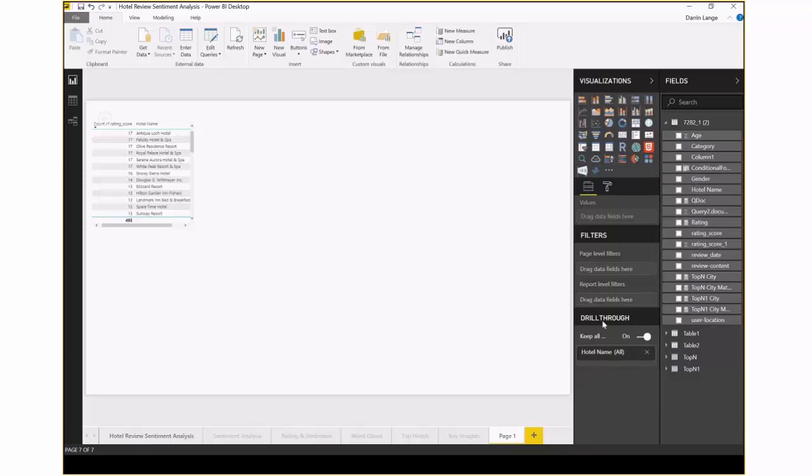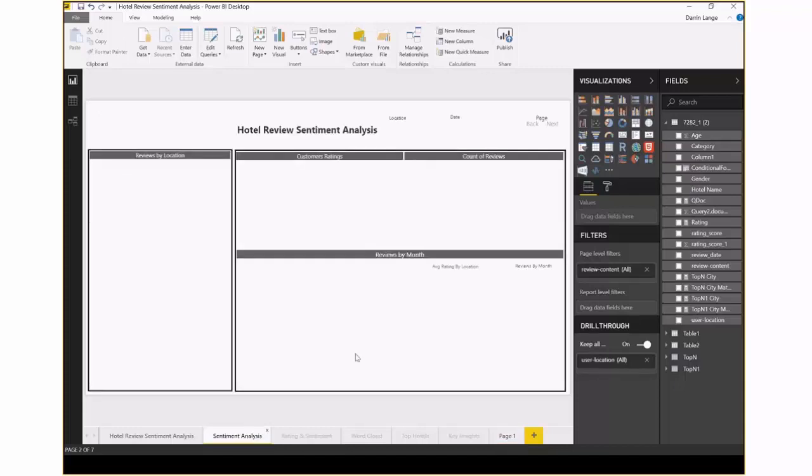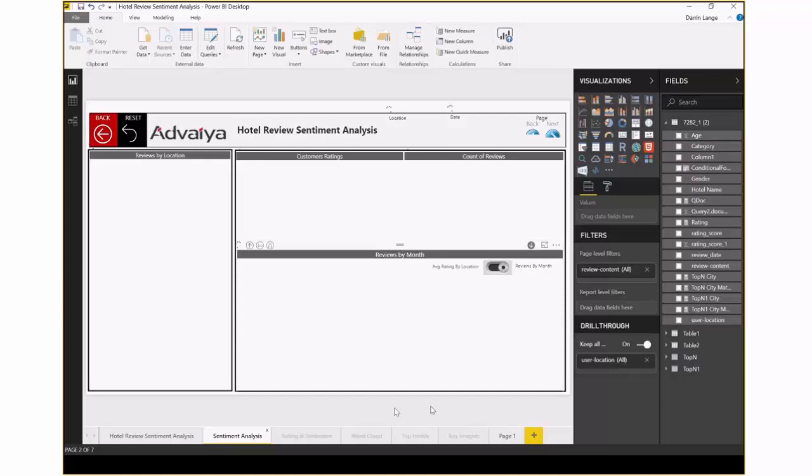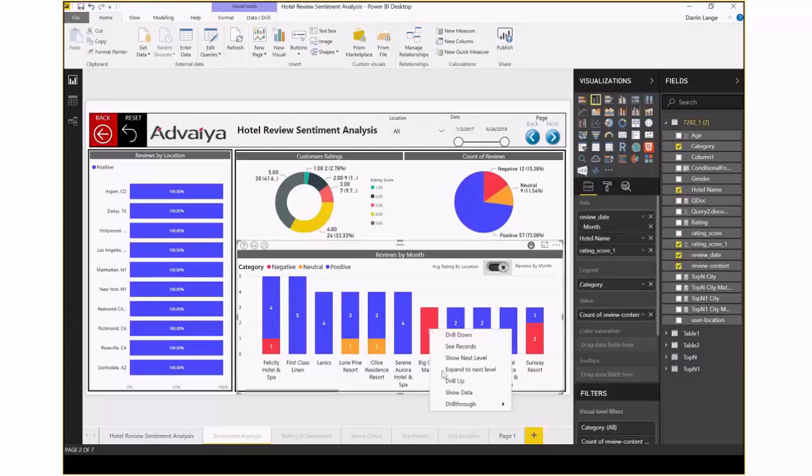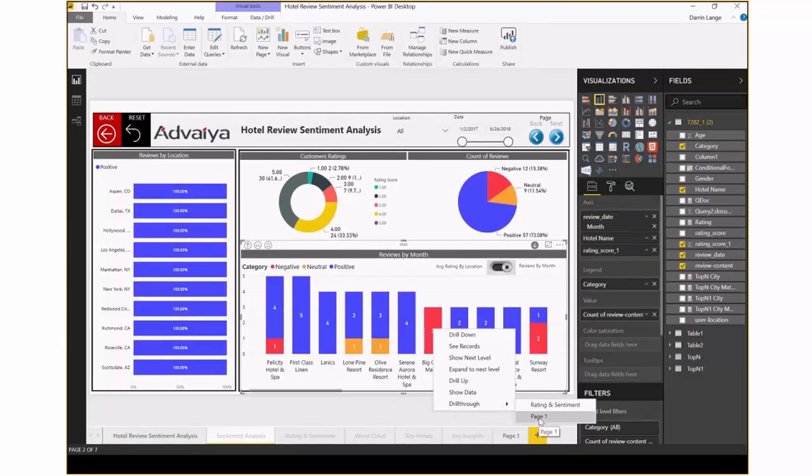So now when I'm back on my sentiment analysis page, and I am looking at hotels, and I can do the same thing. So I'm going to the Big Creek Marina, and I can go to my drill through. Now all of a sudden I have page 1 show up. So just by adding the value to my drill through, adding my dimension or field to my drill through field, then it automatically adds this to my drill through. So if I select page 1, what it's going to do is filter whatever is on this page based on